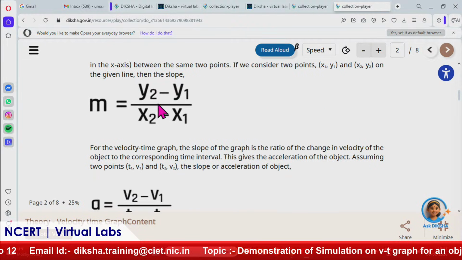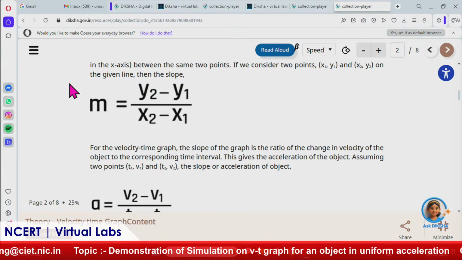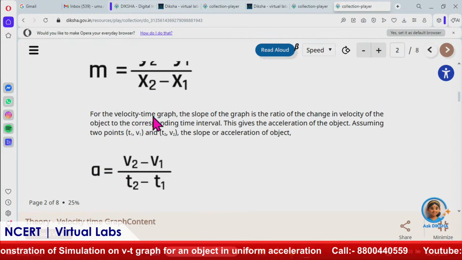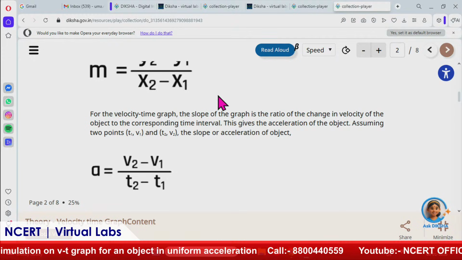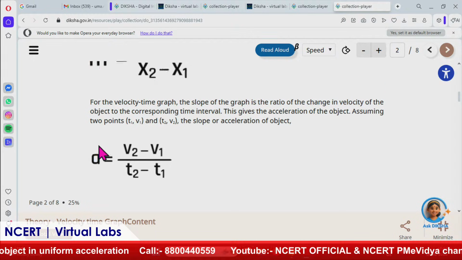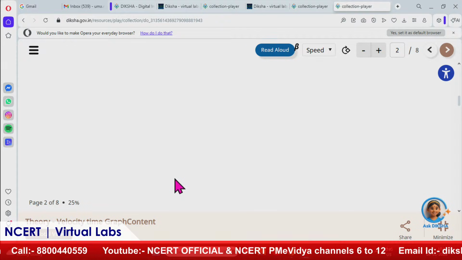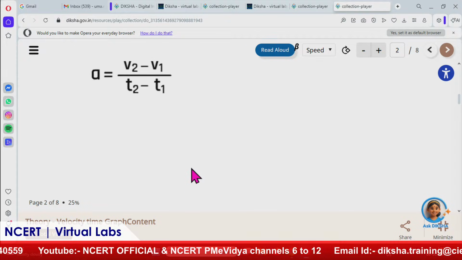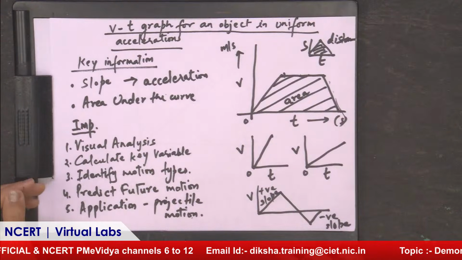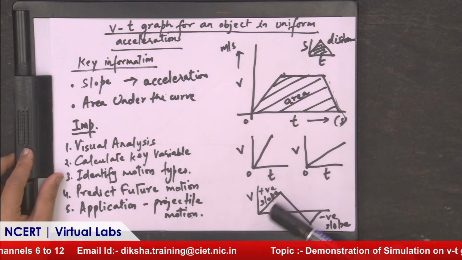This is the general formula, Y2 minus Y1, like if we plot along the x axis and y axis, m equals Y2 minus Y1 upon x2 minus x1. Since we have taken velocity along the y axis and time along the x axis, it is showing this. So, this acceleration is nothing but the slope, which is m. By seeing this slope itself, as shown in the figure also, we can identify whether it has a very high acceleration, low acceleration, or positive slope,